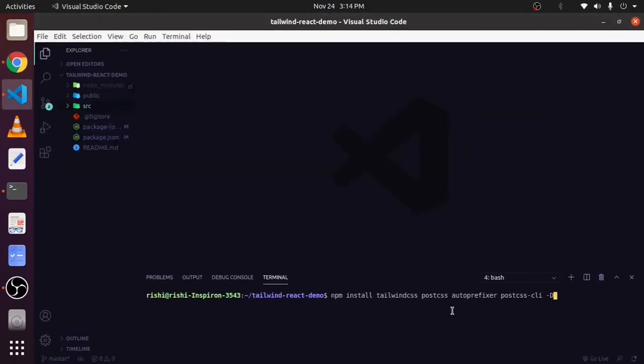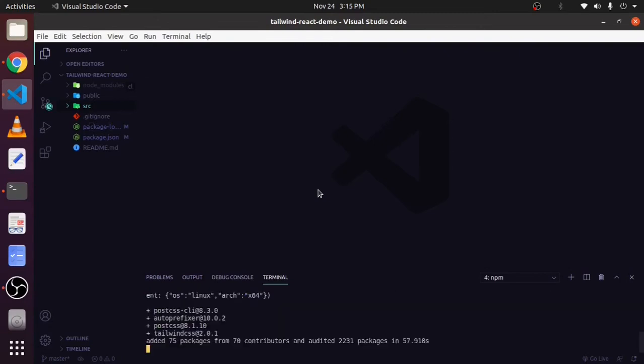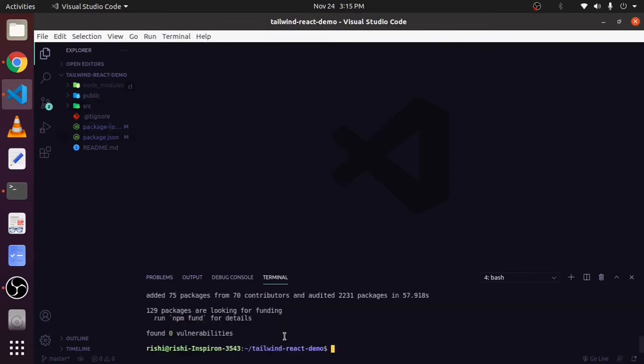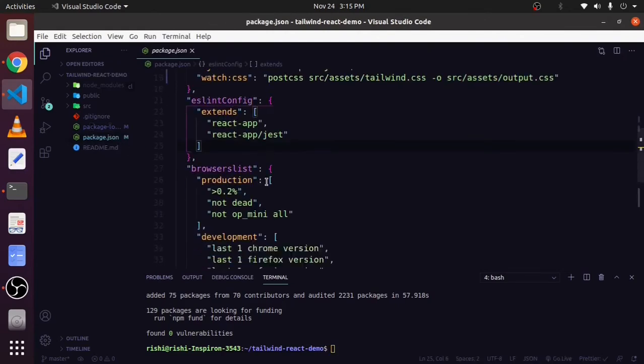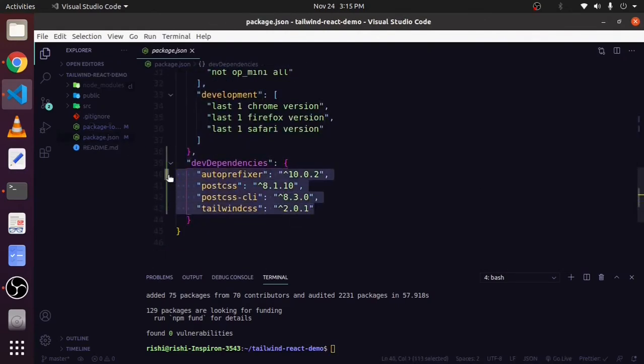I am installing these packages as a dev dependency. Now hit enter to install all the 4 packages. Packages are installed. You can see it in your package.json file. These are the packages you just installed.